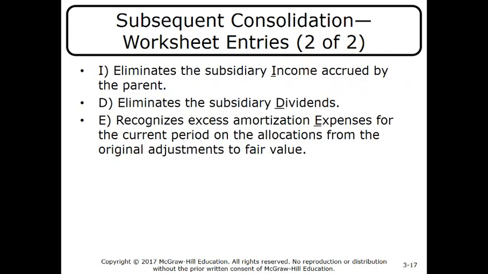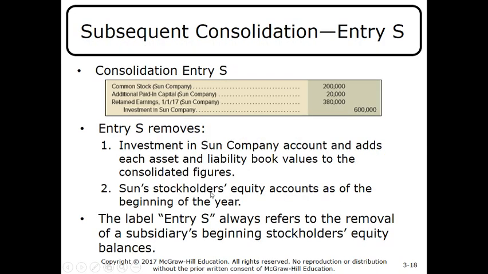Now, the 3 other entries are I, eliminating the sub's income accrued by the parent, D, eliminating the sub's dividends, and E, recognizing the excess amortization expenses for the current period on the allocations from the original adjustments to fair value. All right, so here's the entry S, simply taking the